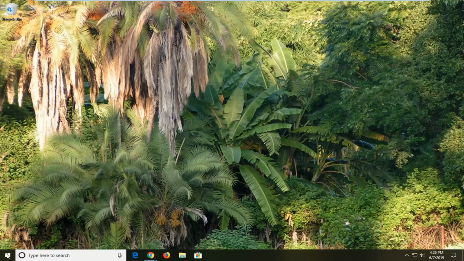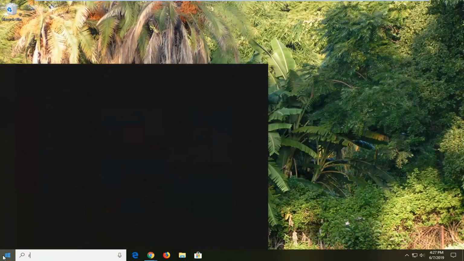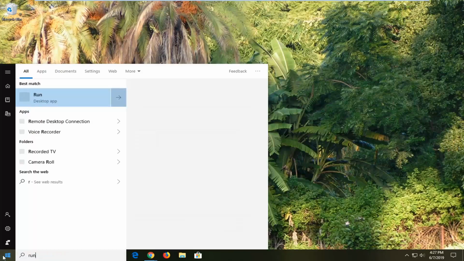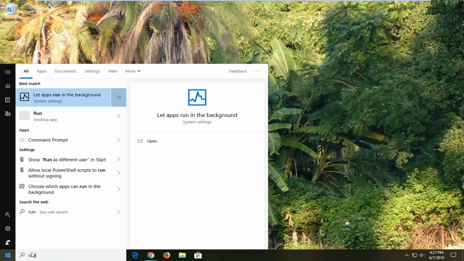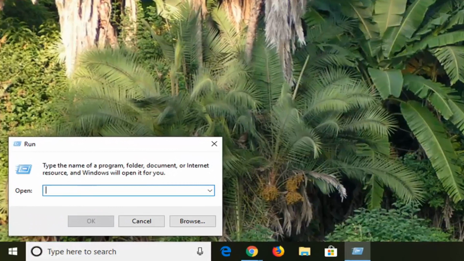So we're going to start by opening up the Start menu, just left-clicking the Start button one time. Type in run, so R-U-N. Best match should come back as Run, or should be one of the best matches here. So you want to go select that. And now into this field, you want to go type in